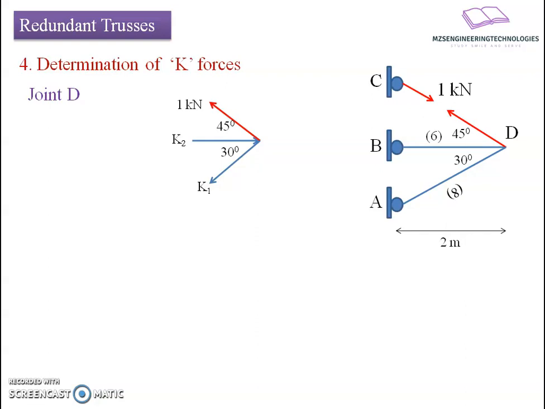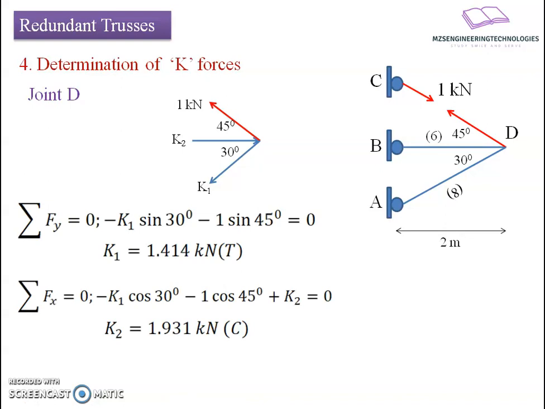And to compensate the K1 force, I am going to consider K2 in a compressive nature, and likewise vice versa the cases will be there. If I apply static equilibrium equations to this free body diagram, we get summation of forces in y direction yielding